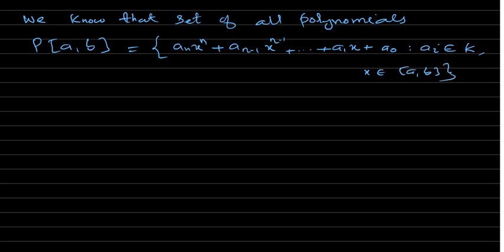This is a linear space. You can add the polynomials, and a scalar multiple of a polynomial is again a polynomial. So this is a linear space,